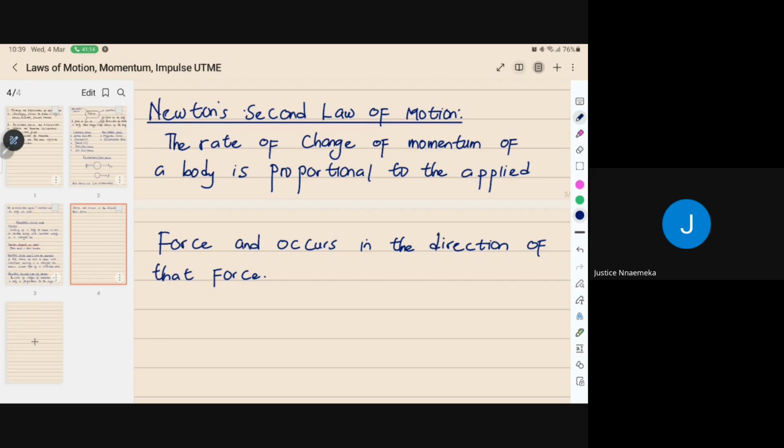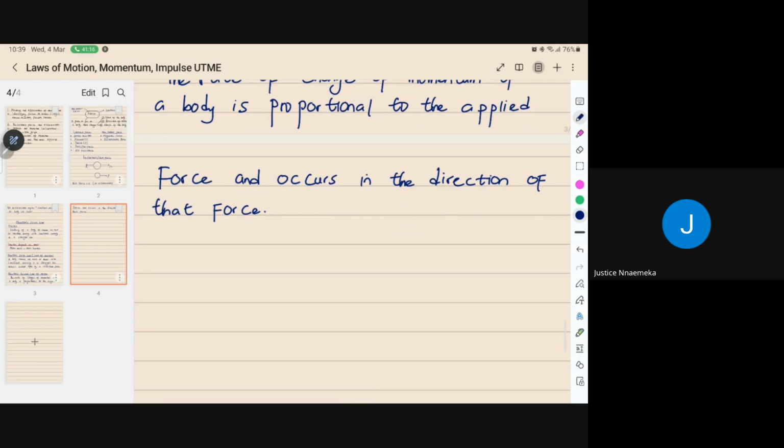All right. So now, what does it say? It simply says that your force is directly proportional. That is equal to,